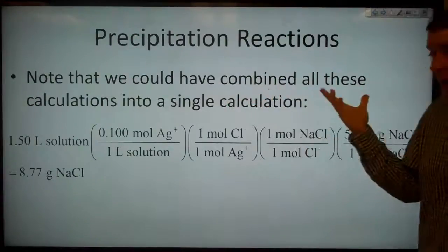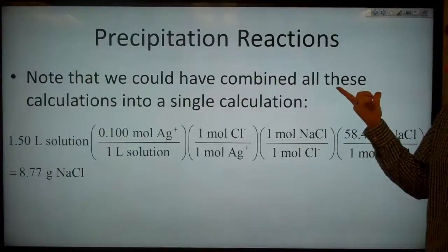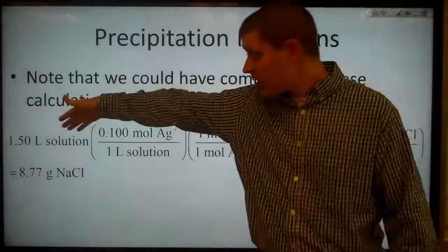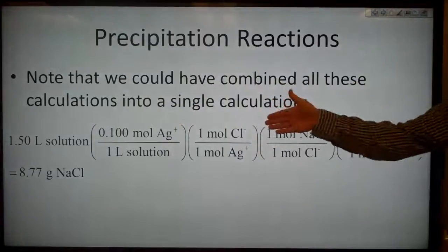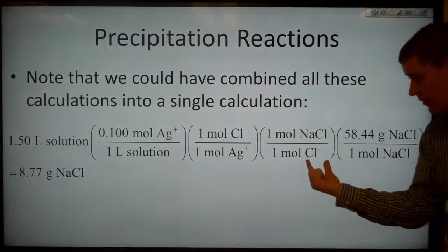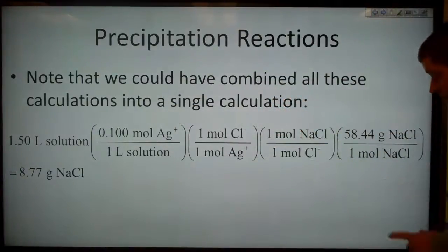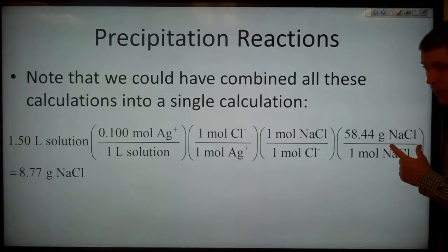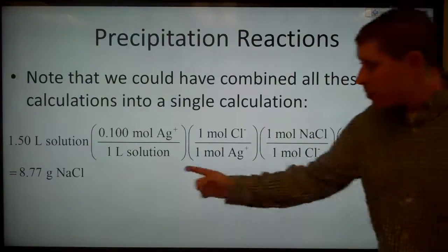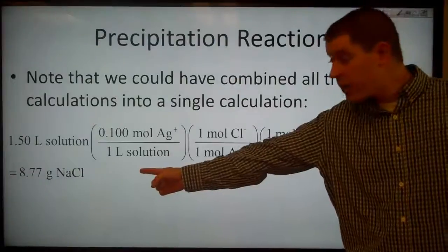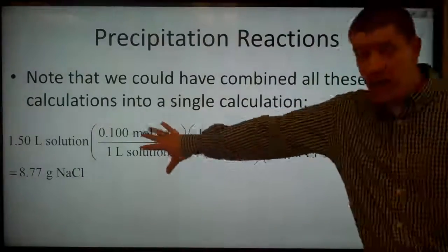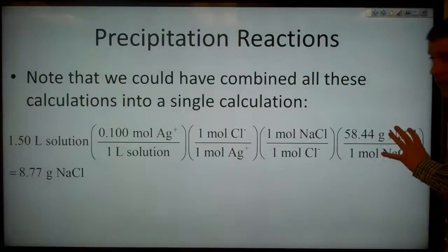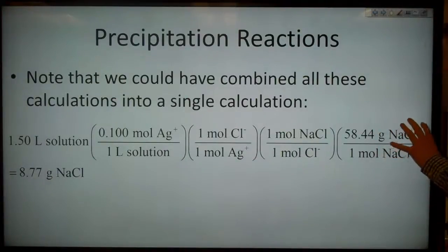Note that we could have combined all of these calculations into a single calculation. We could convert from liters of solution to moles of silver, convert from moles of silver to moles of chloride ions, convert from moles of chloride ions to moles of sodium chloride, convert from moles of sodium chloride to grams of sodium chloride, and if you do the math, that will end up giving us the same value, 8.77 grams of sodium chloride. This is the way that I generally like to perform a calculation, unless I need to